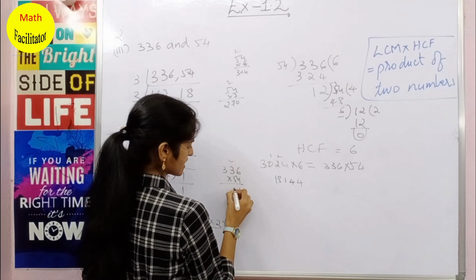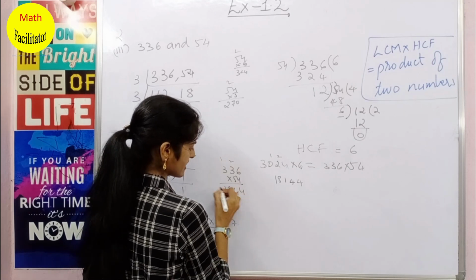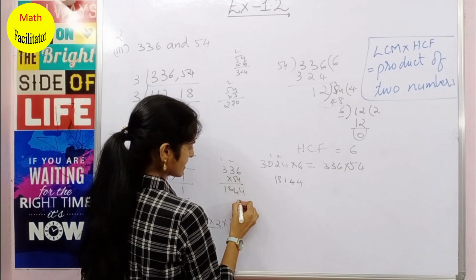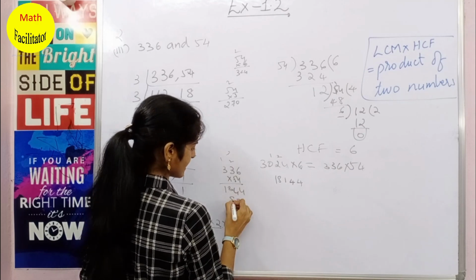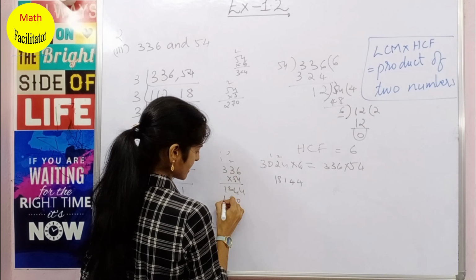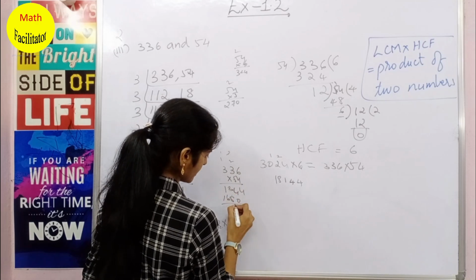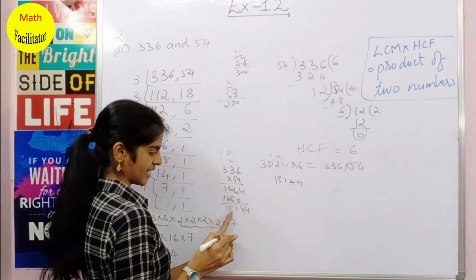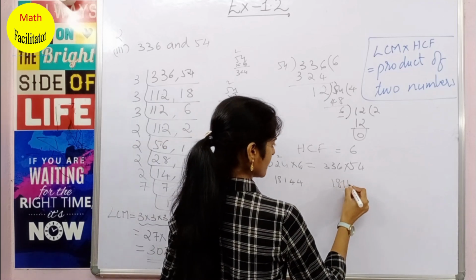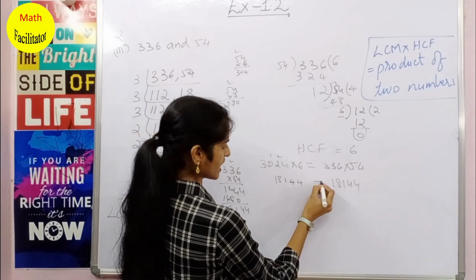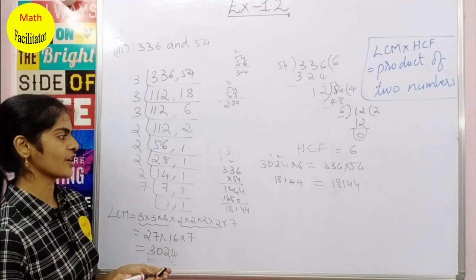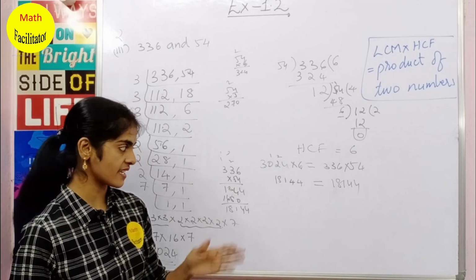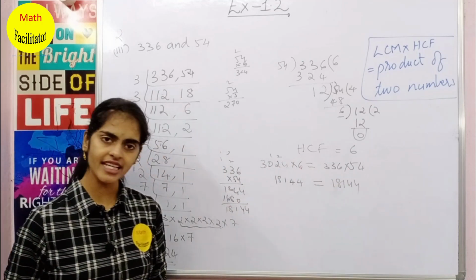Okay, 12 plus 2 is 14. This is 13. Okay, now this is 30. 15 plus 3 is 18. 15 plus 1 is 16. Okay, so 4 4 11 8 1. So 18144, 18144. Now you can see both are equal. Right? So you have verified that product of LCM and HCF is equal to the product of the given two